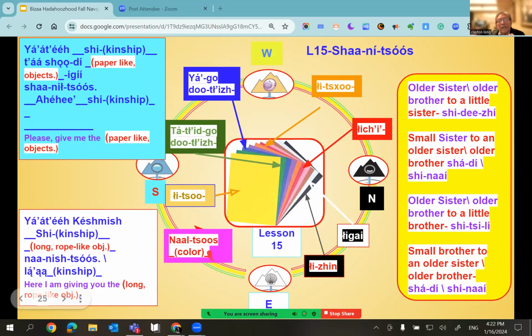Ashwade Shaaníłtsoos. There's the igi right there. And then your little sister would say, yad shate, not shana. You say shate. Respond back.